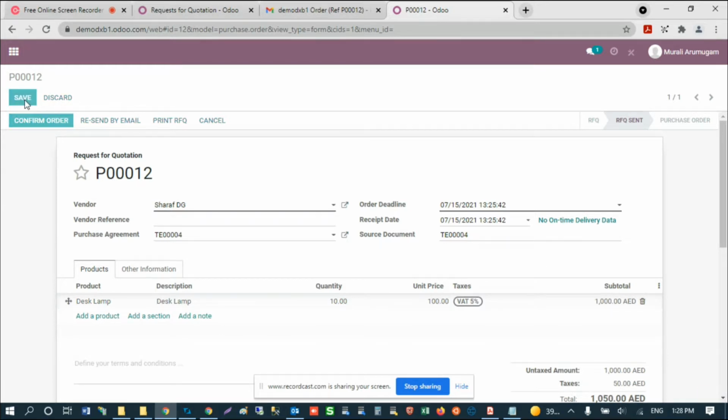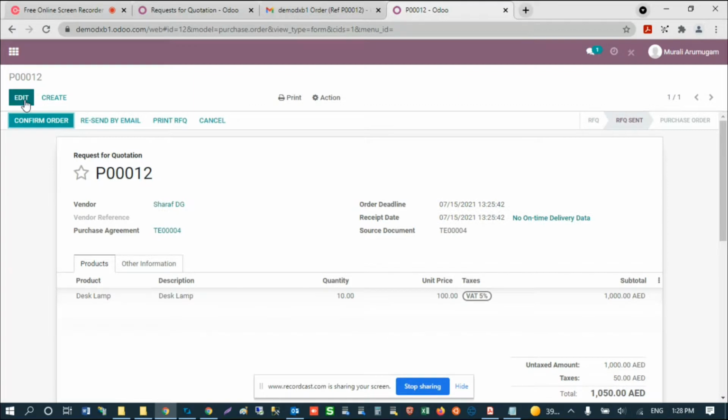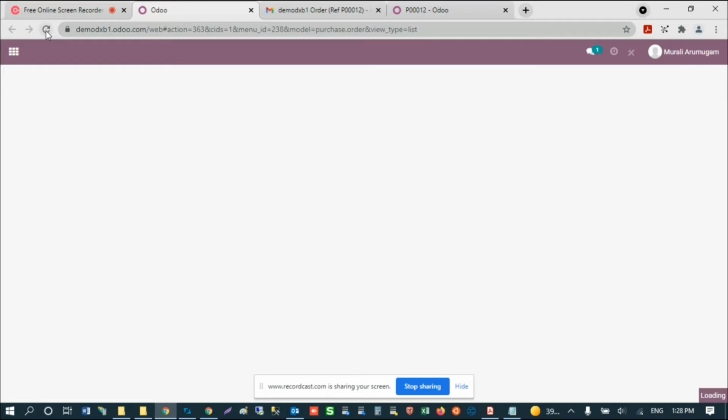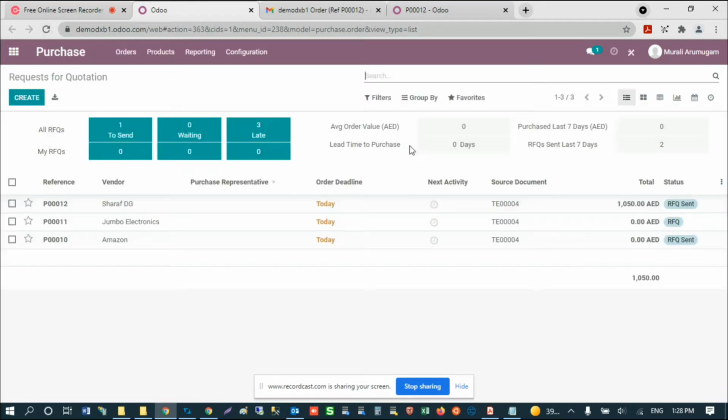And once he has done that, it would come to you on Odoo. So you can see that this quote has come back. So similarly, you would get the other quotes coming in from the other vendors.